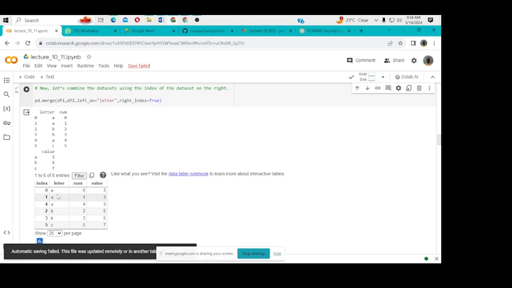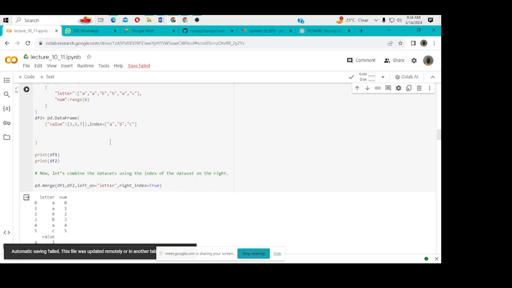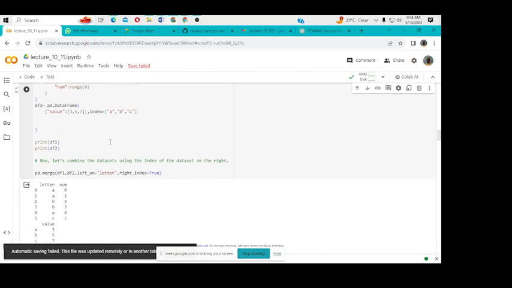Basically, where we have a letter A, we just replace it with its value. I think you can see that in what we have here, value and the index. So that is basically it on combining data sets